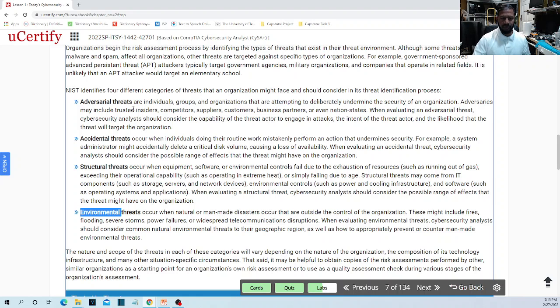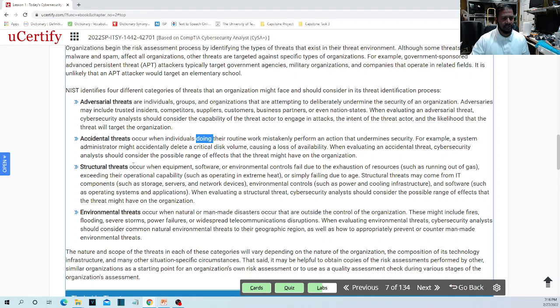Okay, adversarial meaning some other entity, an individual, groups, organization, they could deliberately hack you or destroy your computer system, destroy your data, steal your data, get your secret, critical, confidential information out. Accidental threats, something could happen during your operation. Something could crash, a computer could crash, a software could crash, data could be lost accidentally,